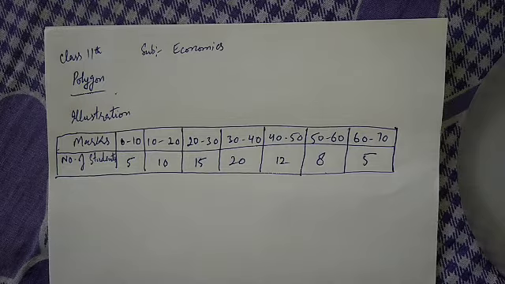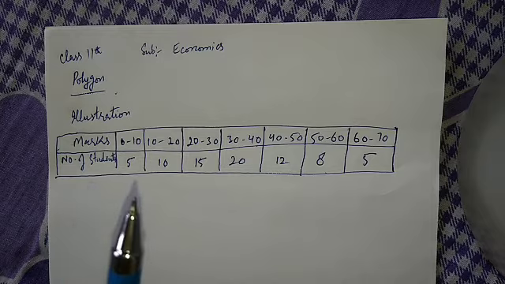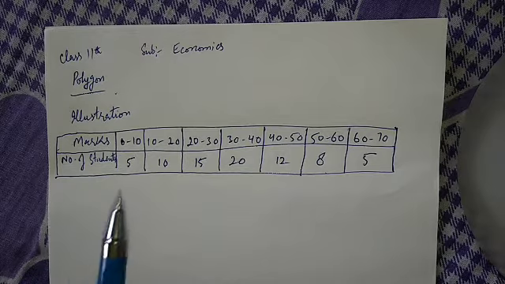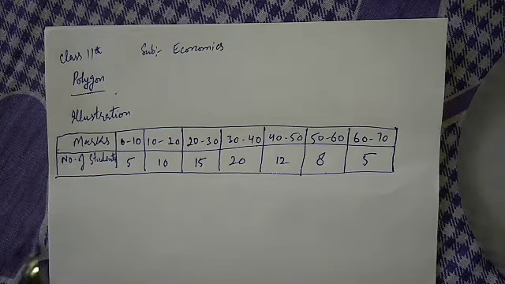Now, in this graph, data have been first presented in the form of a histogram. Midpoints of the tops of rectangles in the histogram have been marked and then joined using a scale or foot rule. The endpoints of the polygon are joined to the immediate lower or higher midpoints, as the case may be, at zero frequency with the baseline. It is done to equate the area of the polygon with the area of the histogram. Now, here is an illustration of constructing a frequency polygon by making a histogram.